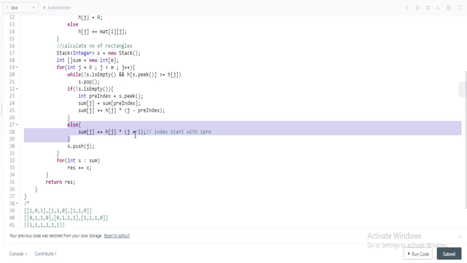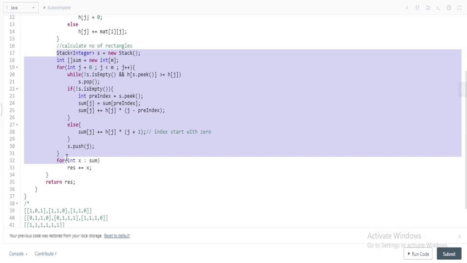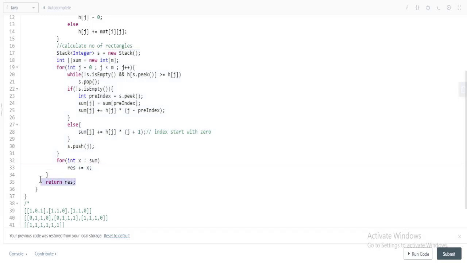After processing that particular element we need to add it into the stack. After that we'll have the sum array, and if you add all the values of the sum array we'll get the result. So for each particular row we'll do this in this way, and after adding all the results we'll get the final solution, which is the total number of submatrices which contain all ones.